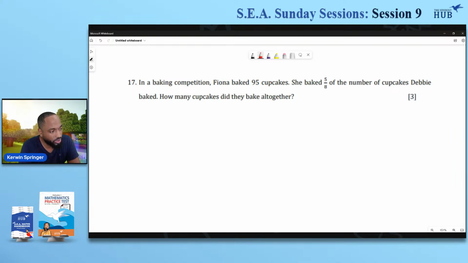This is the same thing we did when we were doing the 40%, and I said 40% is 2/5 family. They didn't even give you a percentage, they gave me the fraction straight up. So we could use our bar diagram for this. We don't even need to use the bar diagram, we could just equate. Fiona baked 5/8 of the number of cupcakes. So 5/8 is representing the 95. So the whole 8/8 will be 95 times 8/5, which is